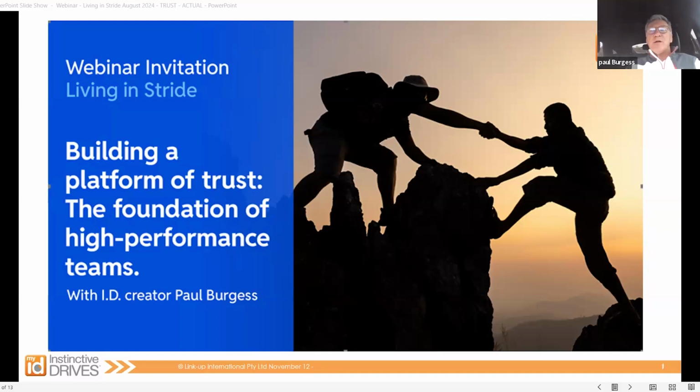And so trust isn't just something you can magically have. You might think you have it. I think a lot of people have camaraderie that camouflages as trust. And so in order to have a foundation of trust, the metaphor for me is it's like a table. The trust is the actual table, but the legs of the table are the things that hold up the trust. We think of them as core or key protocols around trust. So we'll dig into them. So it's about building a platform of trust as an enabler for high performance teams.